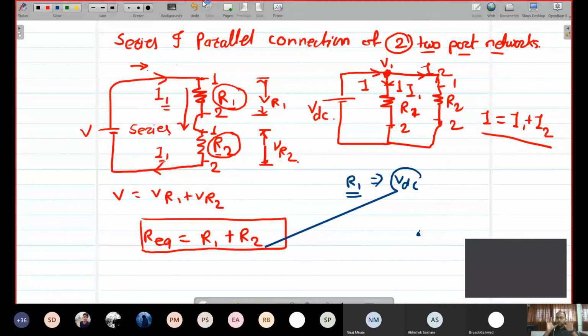So these are the two different scenarios in which we have connections between resistors or components, right? Remember that in a series connection, the current remains the same, but the voltage gets divided. But in a parallel connection, the current gets divided, that is, it gets split, but the voltage remains constant across the resistors. I hope this fundamental is clear to you people.